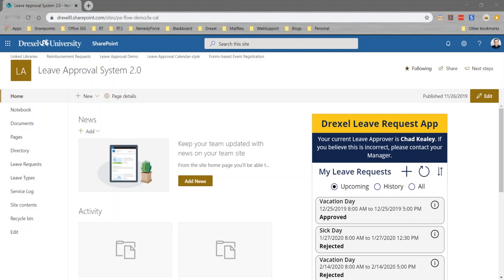Okay, so first we have a list here in the SharePoint site. Well, to give you an overview, this is a leave request system that I've been working on, tweaking, etc. And I was just using it as a test case for this. So what I did was I created another list in that SharePoint site called service log. So when we take a look at